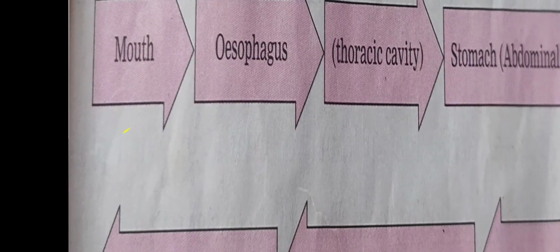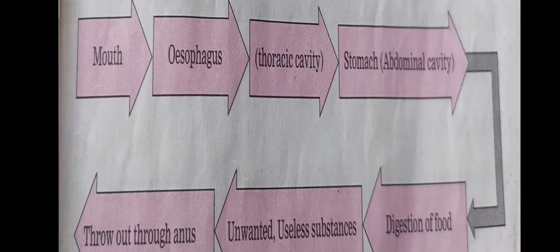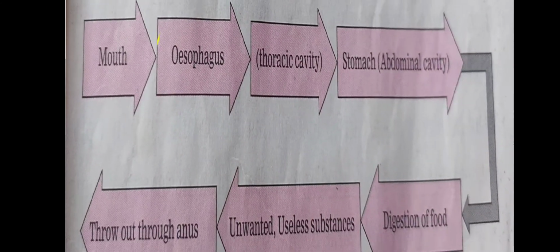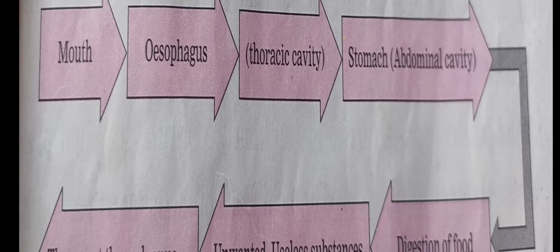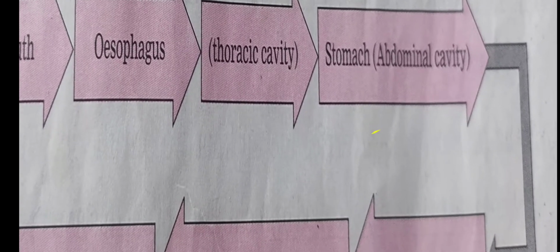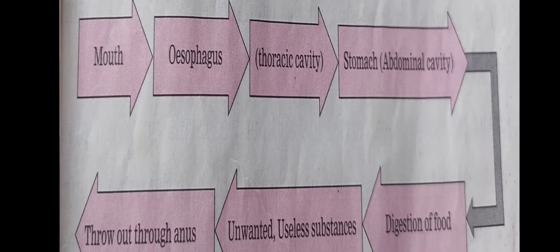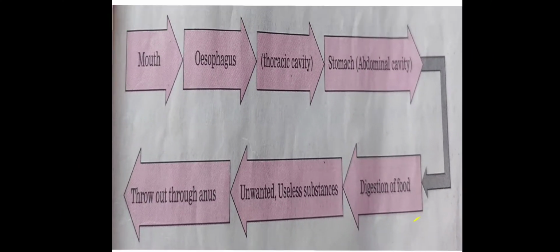Now we will see about the journey of the food. The journey of food in our body begins with the mouth. We eat with our mouth. Then the internal organs in the abdomen help to digest it. We eat from our mouth, then it passes through the esophagus. The esophagus is in the thoracic cavity. Then whatever food we eat passes into the stomach, in the abdominal cavity, and then the digestion process happens in the stomach, the digestion of food.